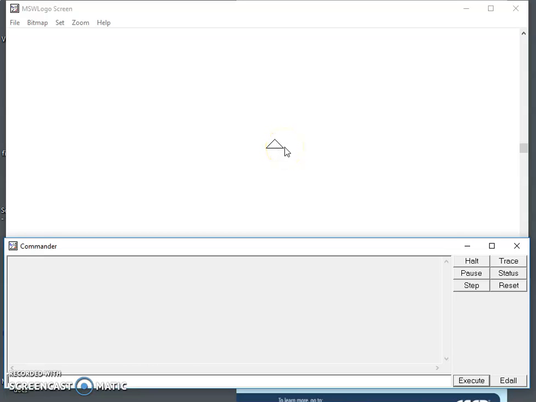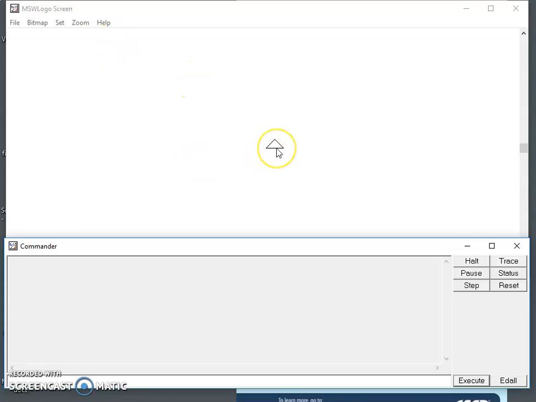It is similar to the tip of a pencil. Wherever the tip of the pencil moves when you are making your drawing, in that direction only you will see the drawing also. So this is called head and this is called tail, and the drawing made by the logo turtle is called a trail, T-R-A-I-L, trail. Okay, so that's about the main screen.